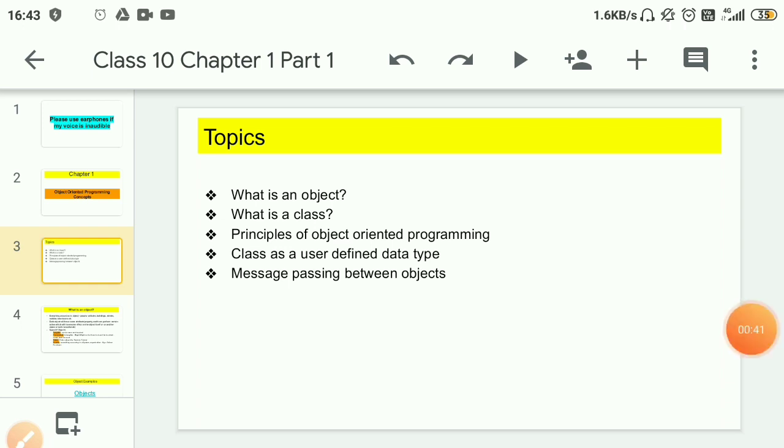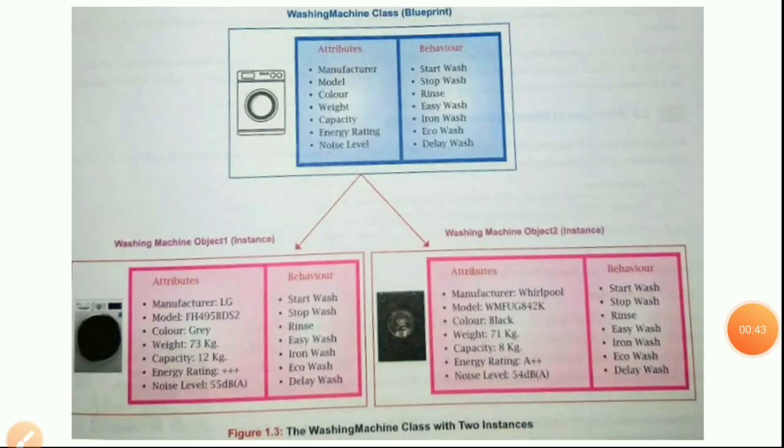So today we will be using this washing machine class, and I will not be using all the attributes.